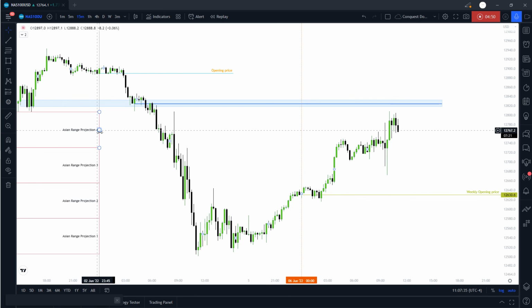So then I also use the Asian range projection to project the area where price could turn, and we can see that from the fourth projection, we actually do try to reach that area of a breaker, as well as the 1 hour bearish order block, as well as the resistance area. So if I can see a setup right at this area right there to sell, I'll look to sell. Or if price is not going to take out that high and leave those equal highs, making a throw on liquidity, and then I'll look for a market structure shift on the lower time